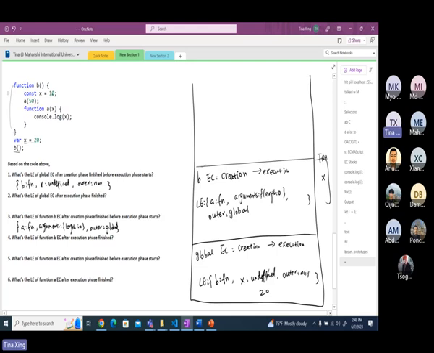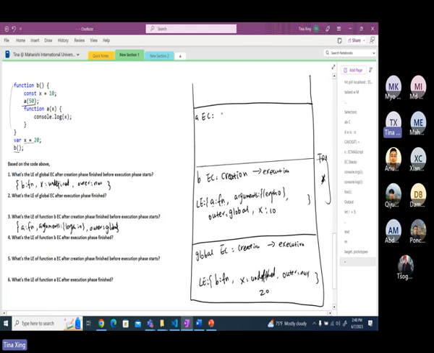In the execution phase, I will do x = 10, right? Move this one, x equals 10 here. And then we do A(50), right? So do I have A? Yes, I have A. It's a function, right? If not, you say here there is an error, okay? Then we will do A,